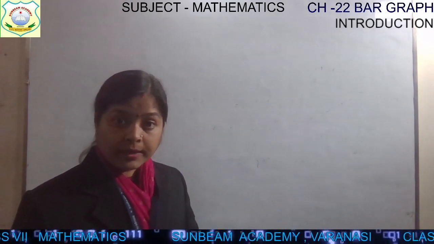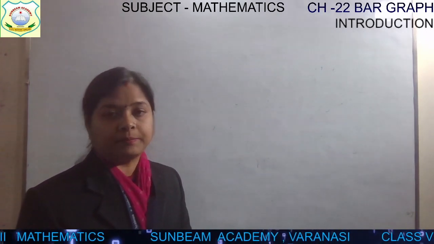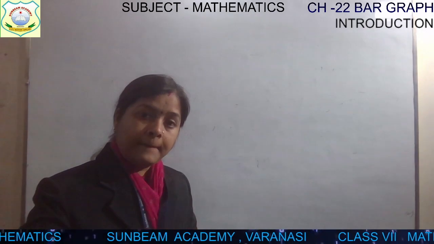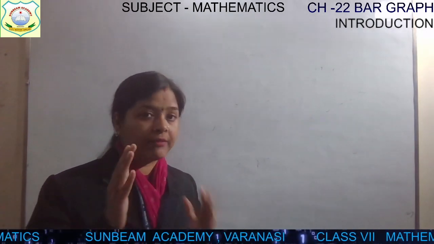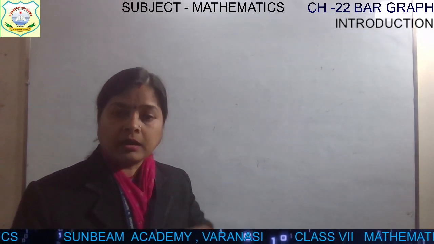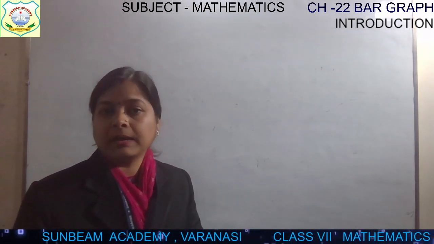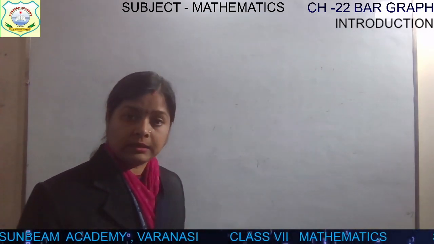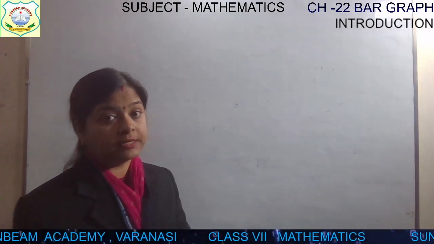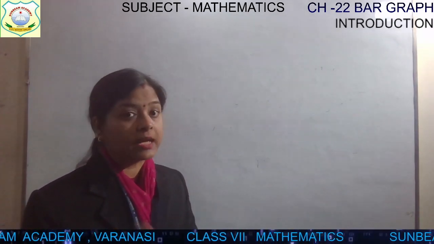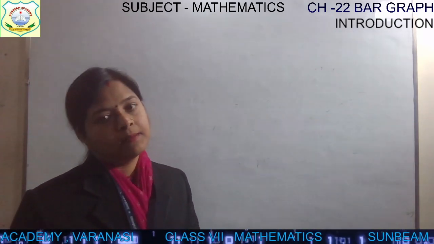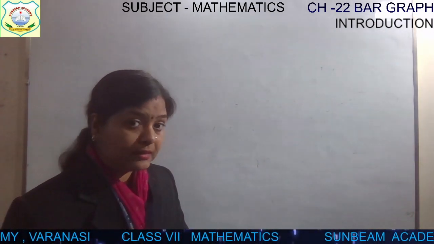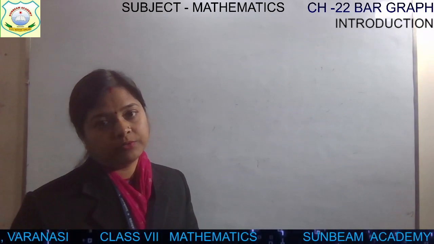So how can we design such a pictorial representation? The pictorial representation in the form of bars, children, in the form of rectangles having equal width, is called a bar graph. So what is a bar graph? When you are representing any numerical data in the form of bars, like rectangles having equal width, then it is called a bar graph. And if you are relating two values simultaneously, then it will be the double bar graph. So let's see that.